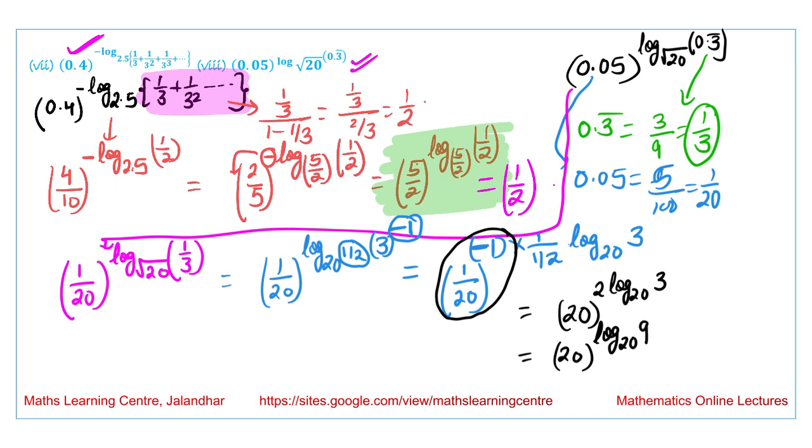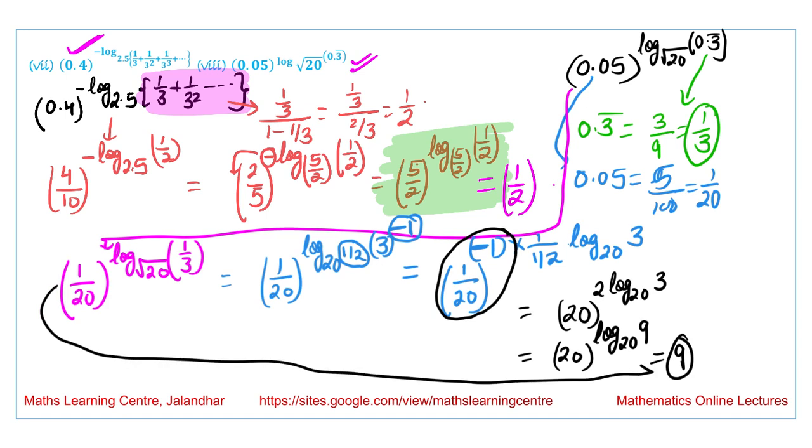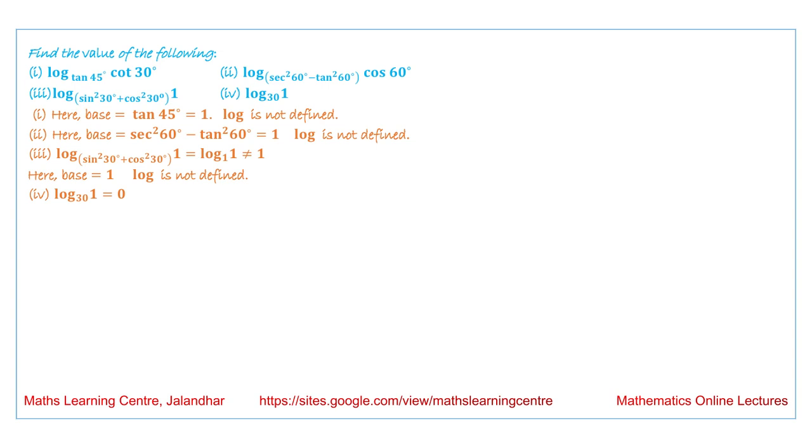The number we have is 9 and the base we have is 20. So, again using this result, the answer we obtain is equal to 9. So, we are saying the value of this term is equal to 9 in this case. The question we have is log of